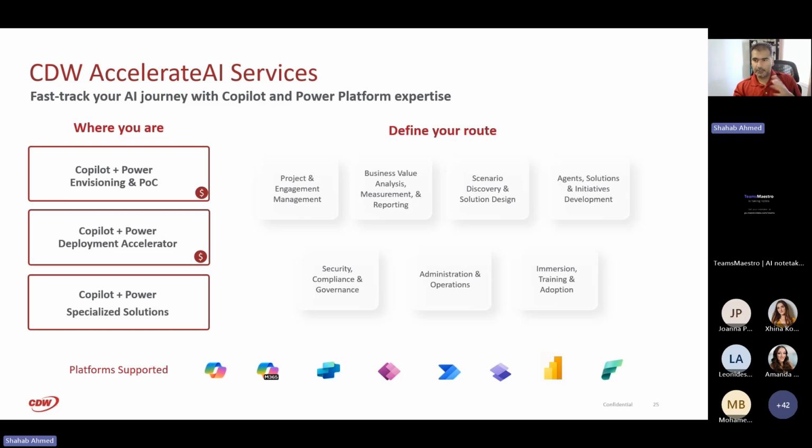The first two also have these dollar signs because under certain requirements, Microsoft will fund those pieces. And those pieces can be anything. These pieces can be around project management, it could be around business analysis, it could be around solution development, it could be around immersion, training, adoption, right? So everything that you see on the screen. Any of those elements that can contribute to that, Microsoft's willing to fund those, again, under certain conditions, right?